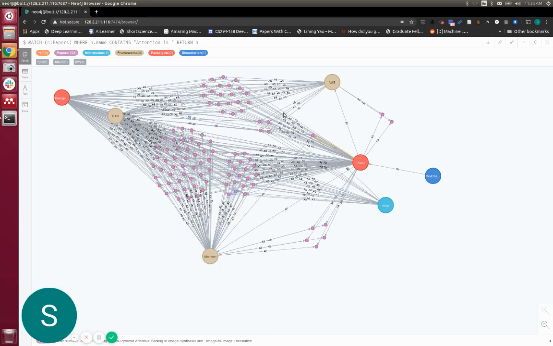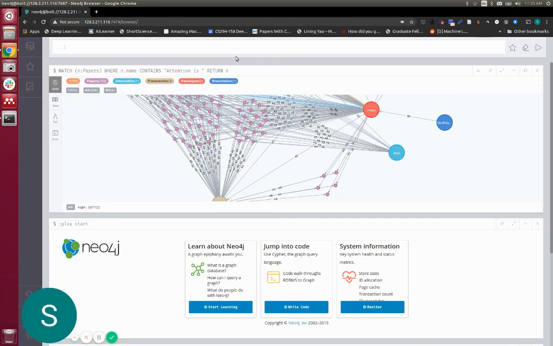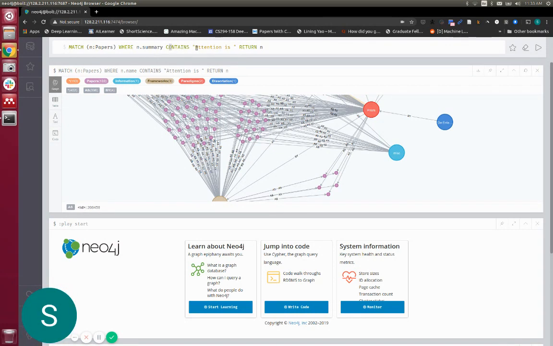So let us see if we can look at some papers which are in the mix of variational and explanation, because that's what we have seen. As I mentioned, we have already used name. Let us use another property, summary, and I'm now looking for papers which have attention as one of the terms in the summary, and let's add n dot terms.